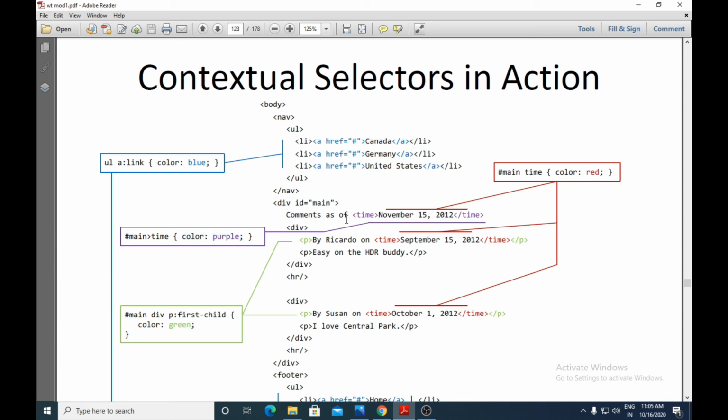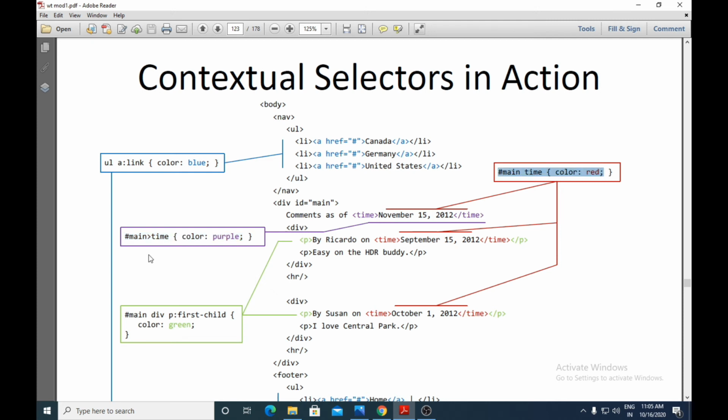So this time is the immediate child of this id equals main, so it will not appear in red color here. What will happen? Time can be any descendant of main, but this is more specific. Here the time is the immediate child of that main. So this style will get more priority than the other style.